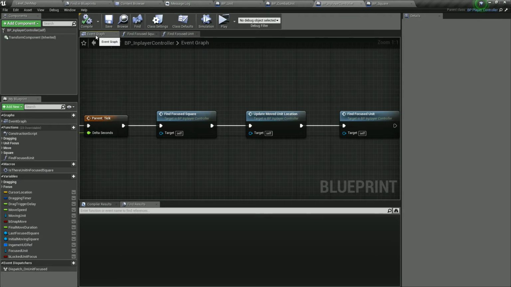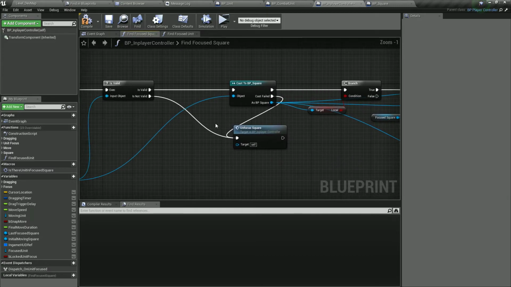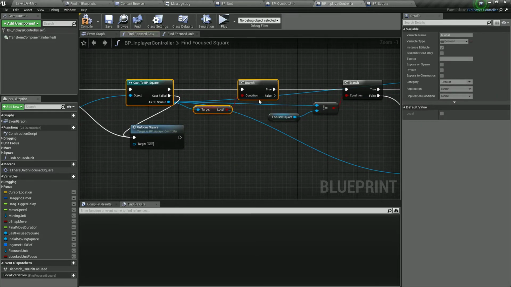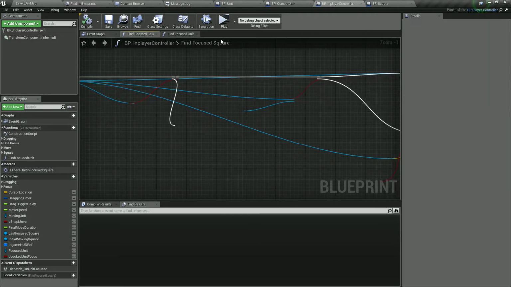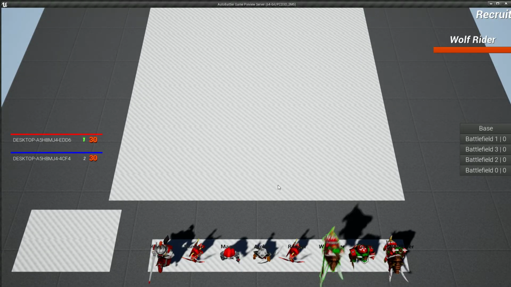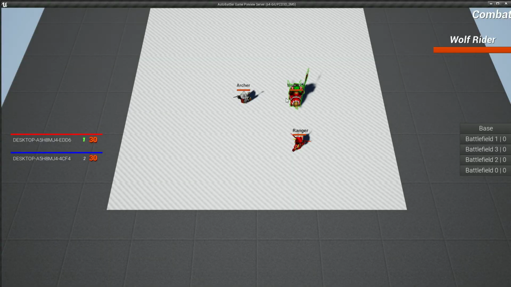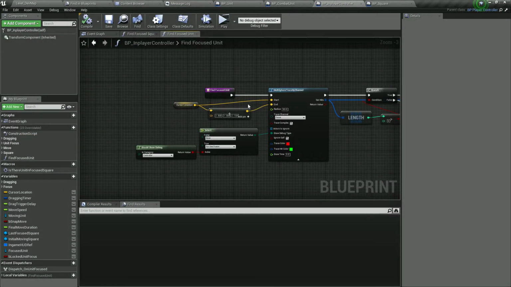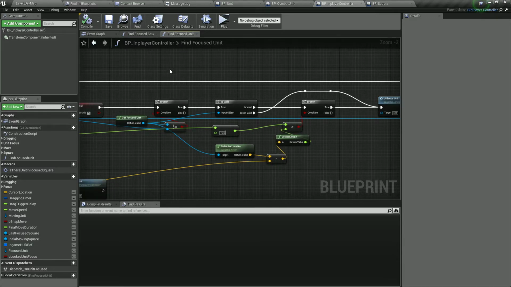Well, first what we can do is remove this from here, go back to find focus square, and if the square we are looking for is actually not local, we're going to find focus unit. So we can focus units here. And if we go there, we can still focus them. But regarding the units themselves, so I think